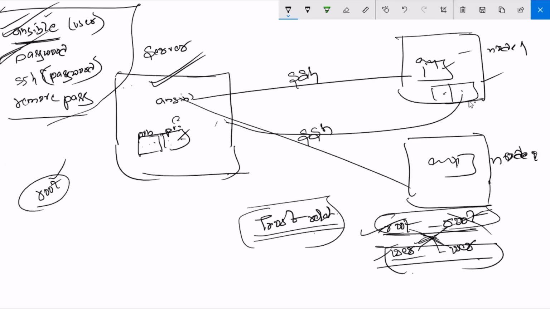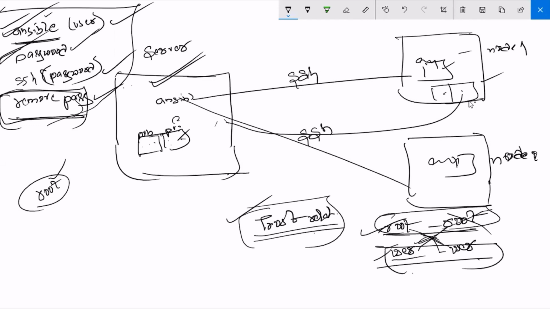Got it? So what we did today: I created the Ansible user. I gave a password to this user in all three machines. I gave sudo privileges to this user in all three machines. Now I can establish a connection. I can SSH into other nodes, but it was asking for the password. Now I have removed the password by using the trust relationship. I have done this only from my server to nodes. That is what we did.